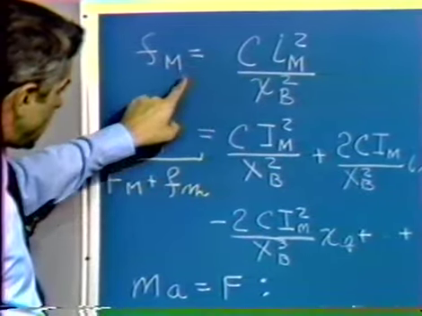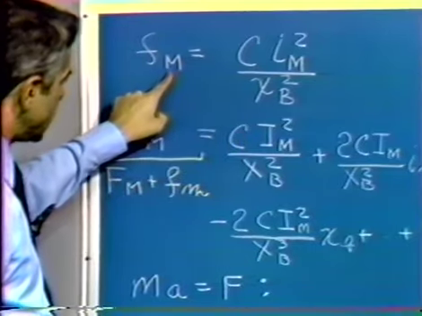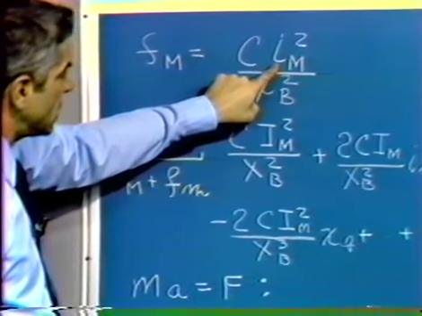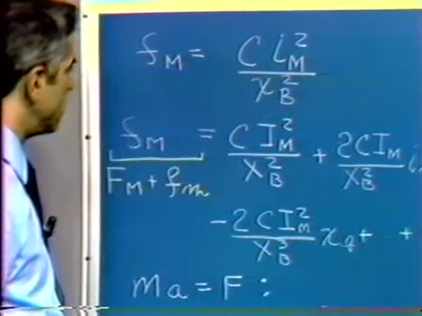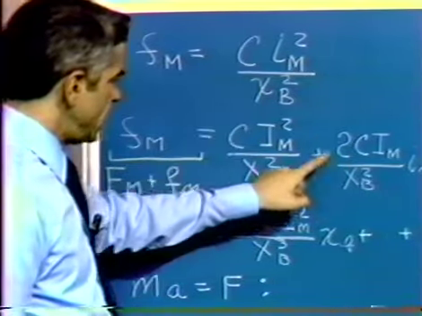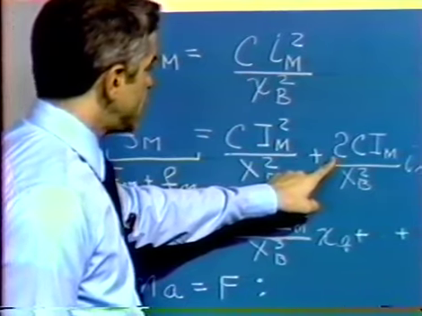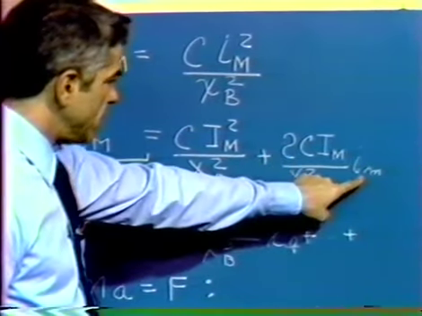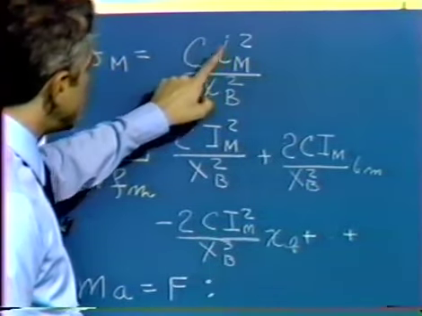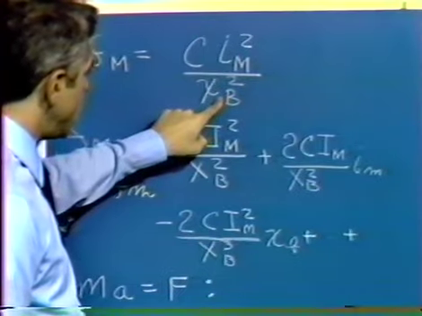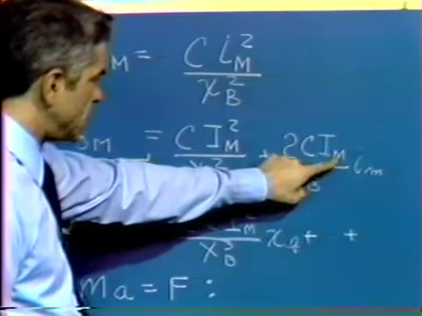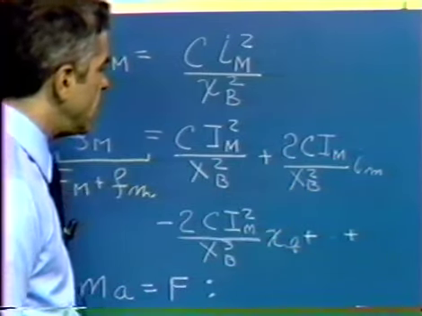That's the operating point value of magnetic force, found by substituting in the operating point values for magnet current and ball position. So that's really this term. Then we have the derivative of the original expression with respect to I sub m multiplied by the incremental change in I sub m. So the derivative of this expression is 2C I sub m over x sub b squared, again evaluated at the operating point, capital I sub capital M and capital X sub capital B, multiplied